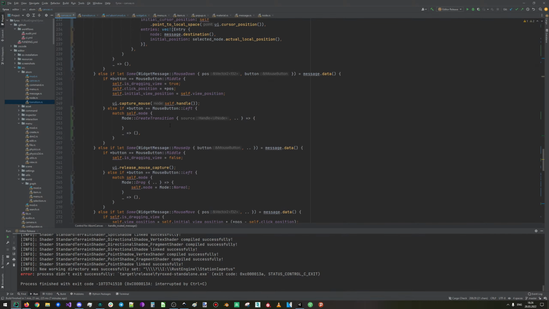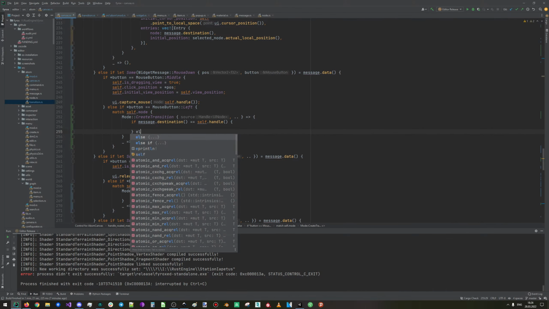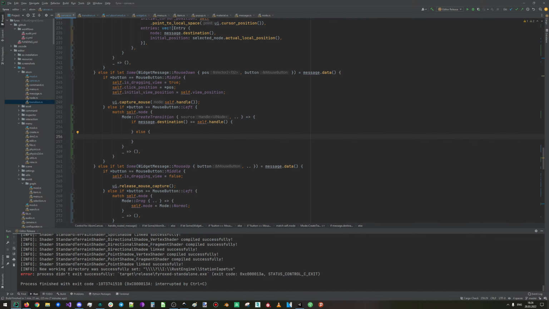So we should handle that edge case in here by comparing if the message destination equals self handle, or from, at this point, in here we should take a reference to the node, but there will probably be a lifetime mismatch. Yeah, so let's handle that separately, and then we will create a function that will remove the duplicated code. So in here,